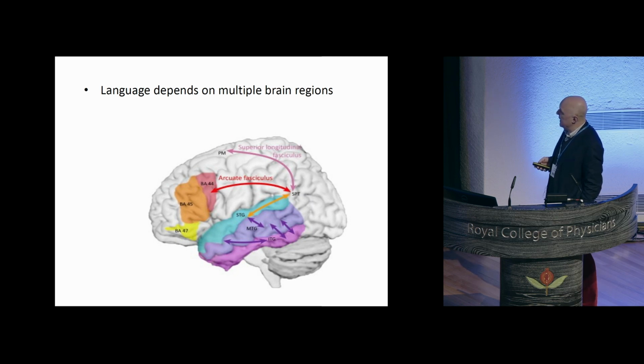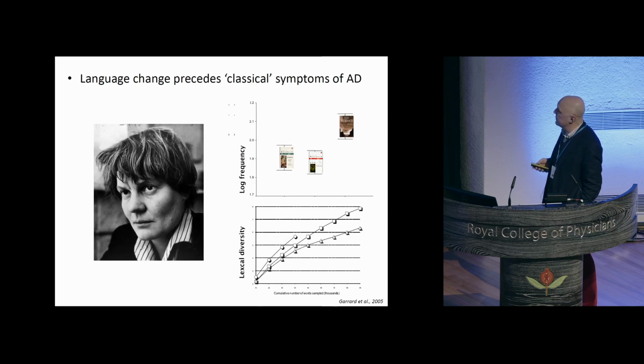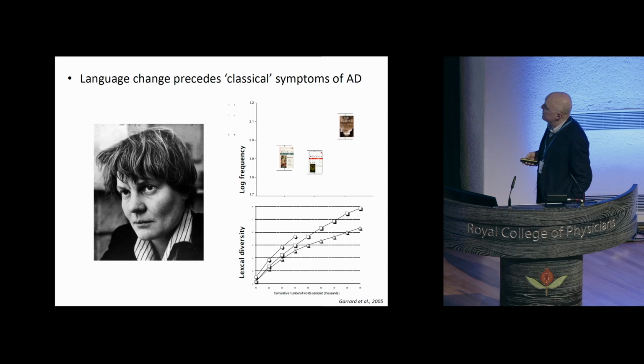Language depends on a large network of brain regions. So the hit rate, or the likelihood of the underlying pathology targeting one of these areas and causing change in language, is quite high. And of course, language change, as Jeremy mentioned, precedes the classical symptoms of AD, the memory and the